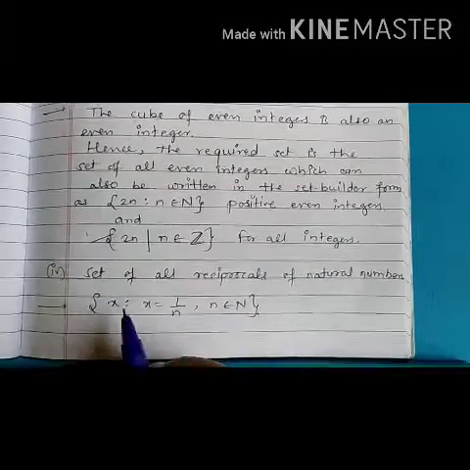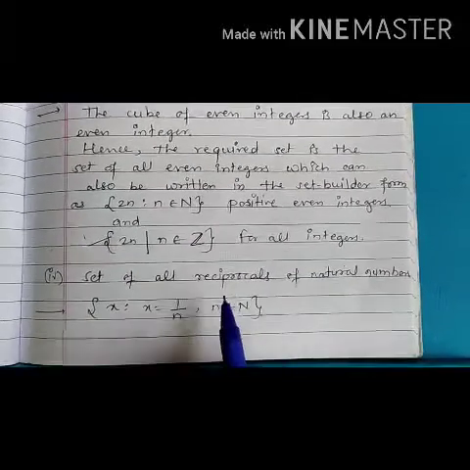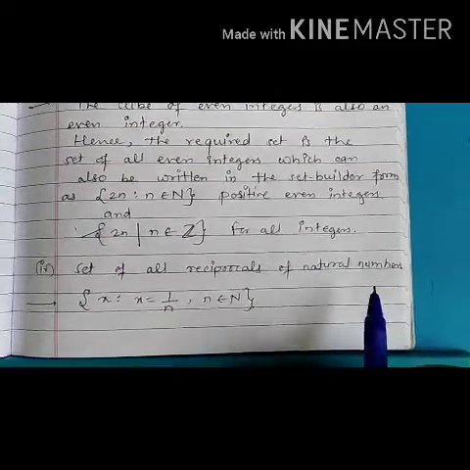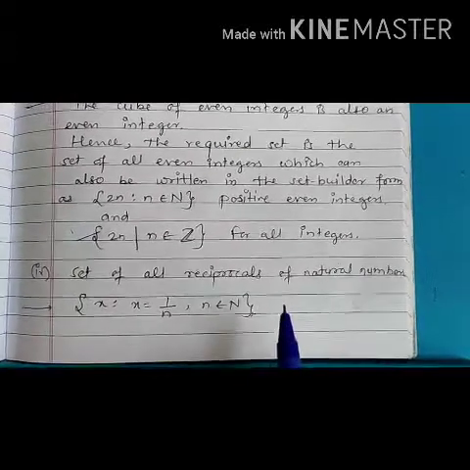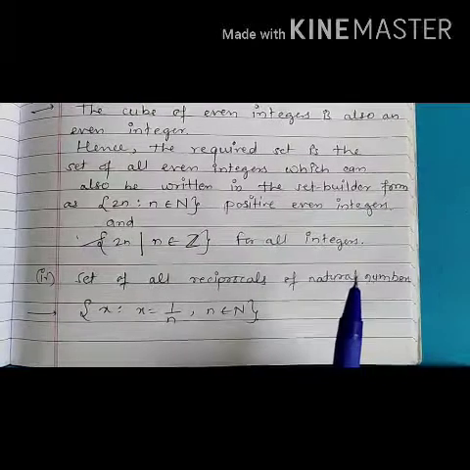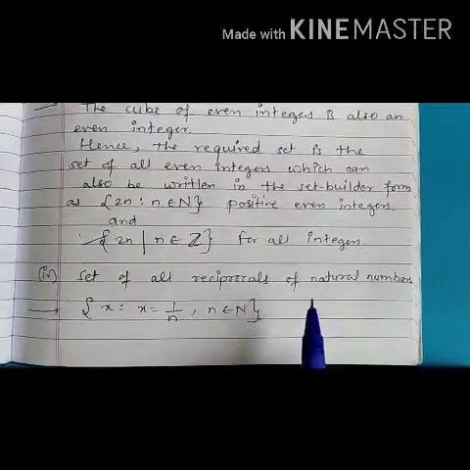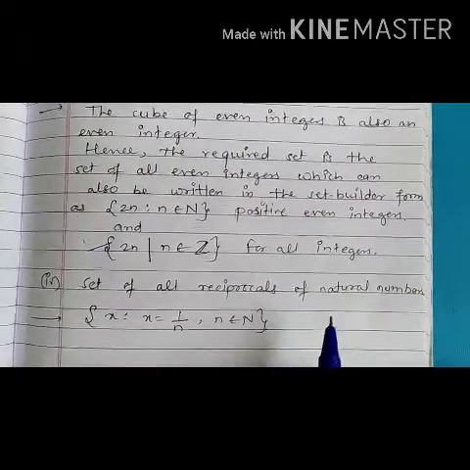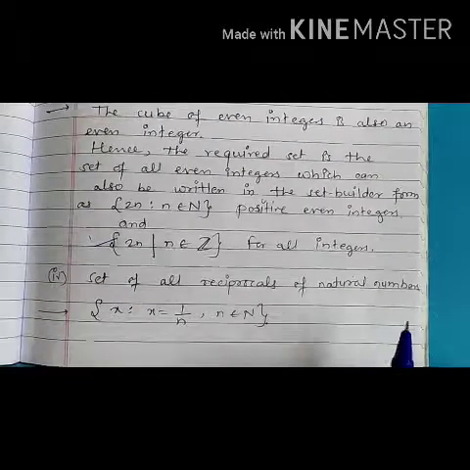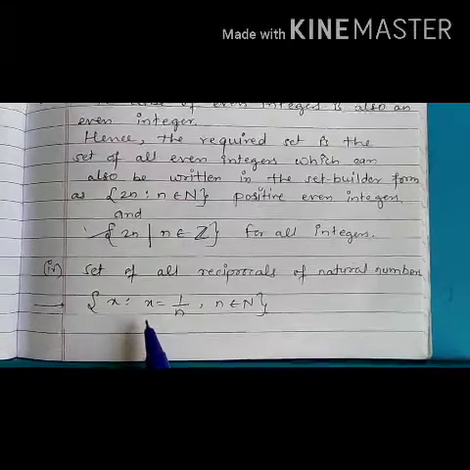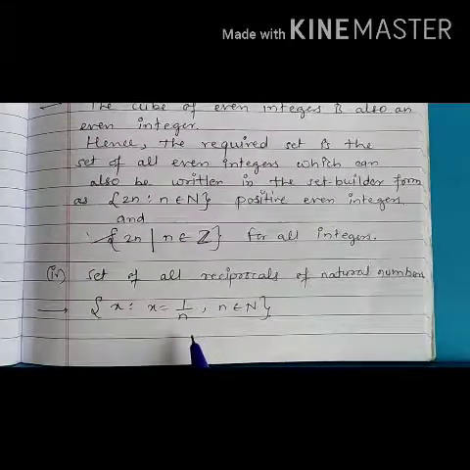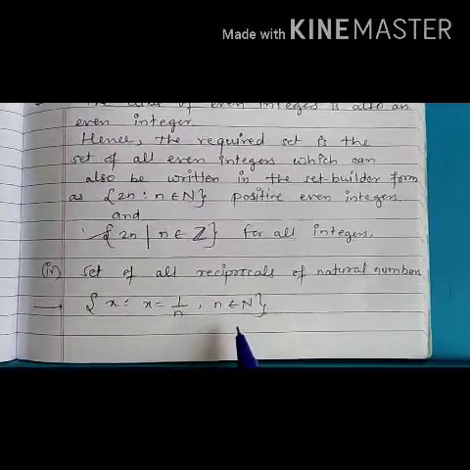Understood? Now the fourth one, set of all reciprocals of natural numbers. Here we know that the natural numbers start from 1, 2, 3, 4 and so on. So its reciprocals will be 1, 1 by 2, 1 by 3, 1 by 4 and so on. So we'll write this as x such that x is equal to 1 upon n, where n belongs to the set of